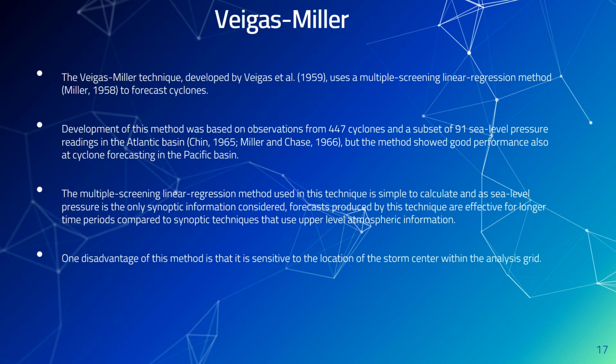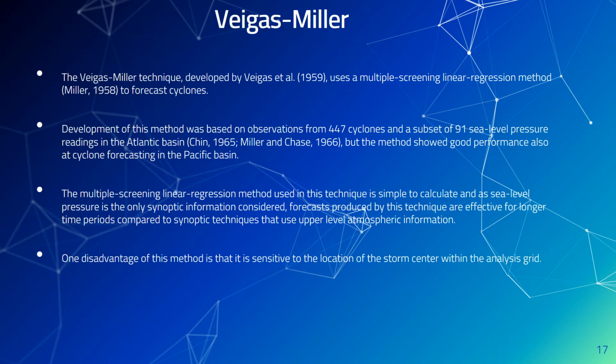One example is Vegas Miller. The Vegas Miller technique developed by Vegas uses a multiple screening linear regression method to forecast cyclones. Development of this method was based on observations from 447 cyclones and a subset of 91 sea level pressure readings